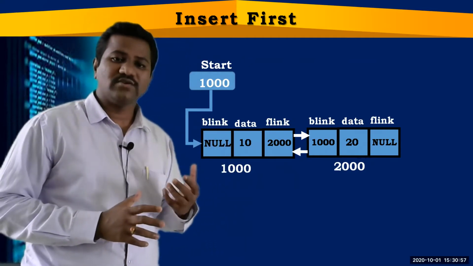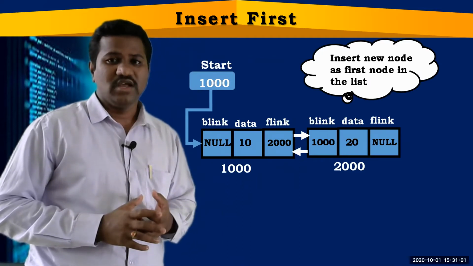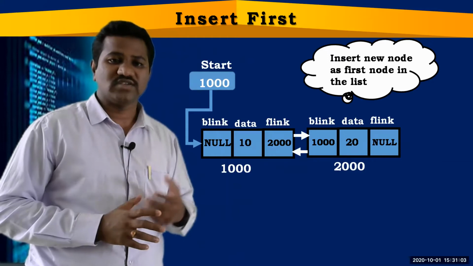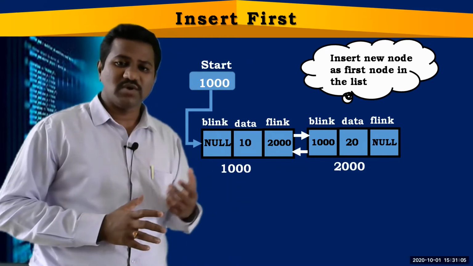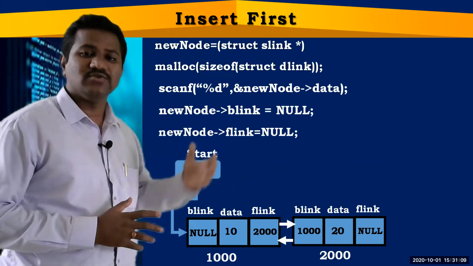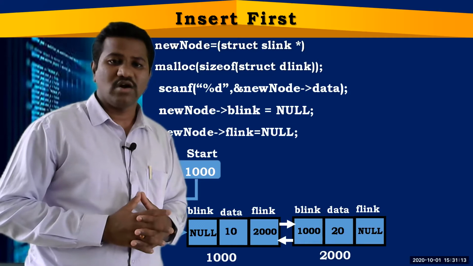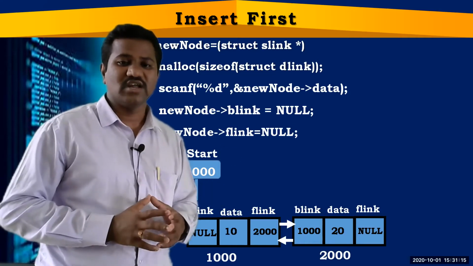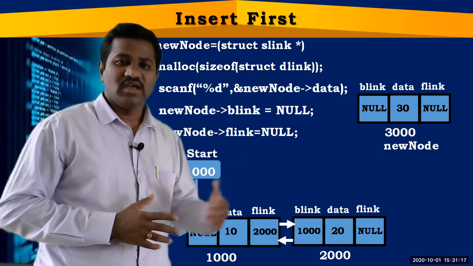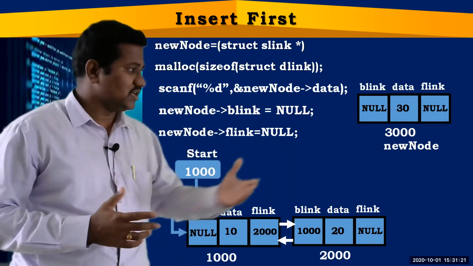Now we would like to insert a new node as the first node in the linked list. For that purpose, with the help of these instructions, I need to allocate a block of memory. After allocating the block of memory, we have the new block's memory address as